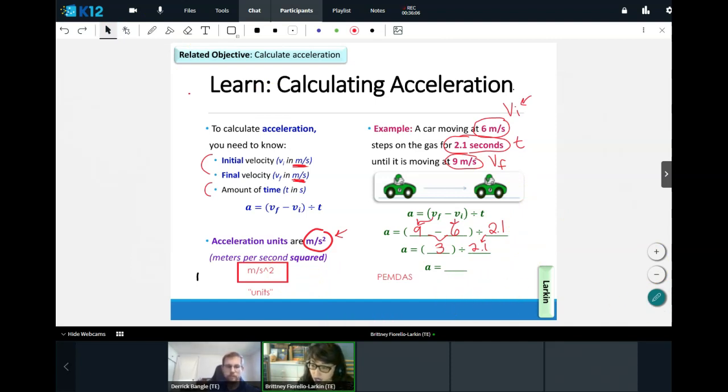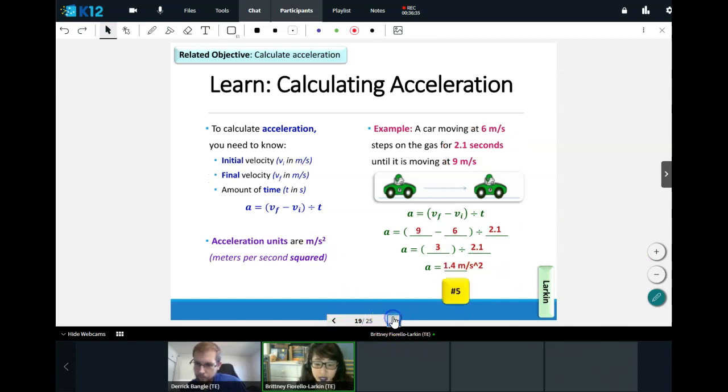Awesome. I see an answer from Jared. Let's get some more people in the chat. Make sure you're actually using your calculator so that you know how to use it, because the last question you have to do on your own. Thank you, Alex. I see you in the chat with those units. Thank you, Cody, also coming in with those units. Thank you, Kalina. Yes, perfect. Thank you, Lena. You should be getting 1.4 units, meters per second, with a caret and a number 2 to show you that it's being squared. Excellent job.